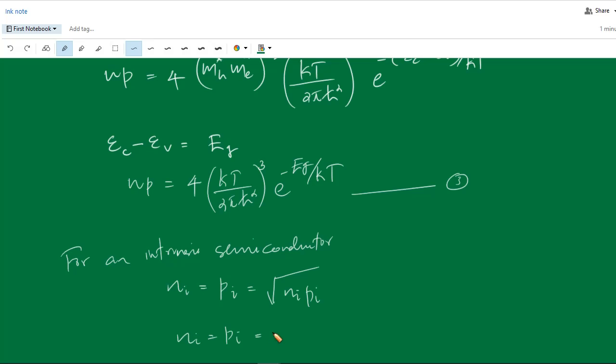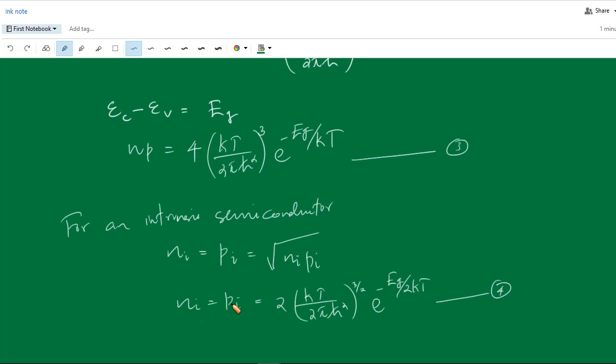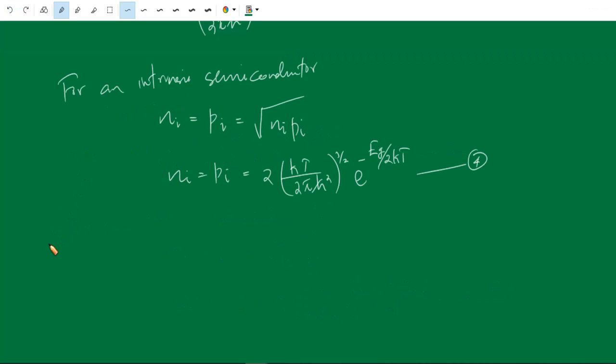Using this expression you can write the root of this thing. This is the expression for intrinsic carrier concentration Ni, which is equal to Pi. So the intrinsic carrier concentration depends on this quantity Eg divided by 2kT exponentially. Using equations 1 and 2, the carrier concentration of an intrinsic semiconductor, Ni, is equal to Pi. Therefore, you can write